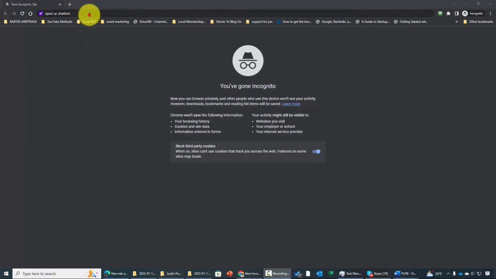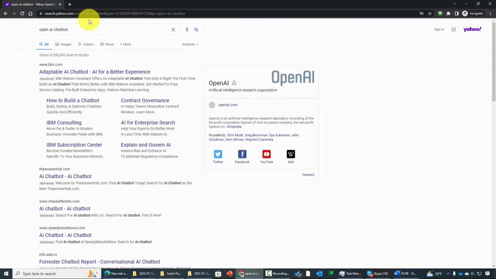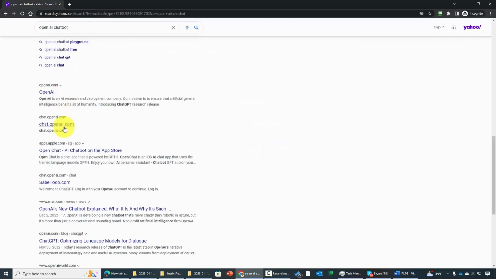You're now looking at a search engine and we're going to type in the search OpenAI and then the words chatbot. We're then going to click enter and we're going to start the search process. You're going to see a number of search results. The search result that you want to look for will say